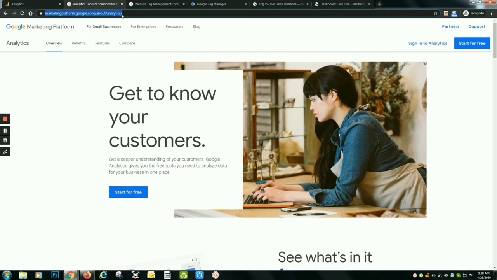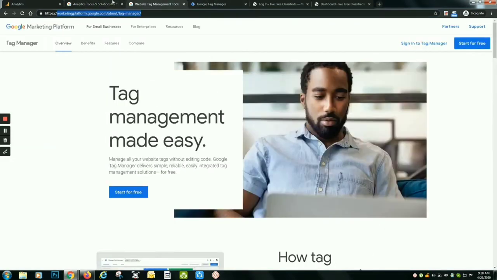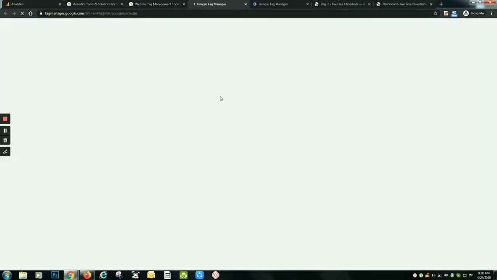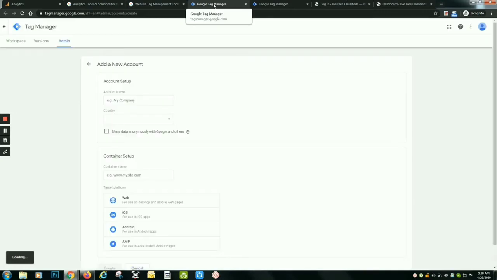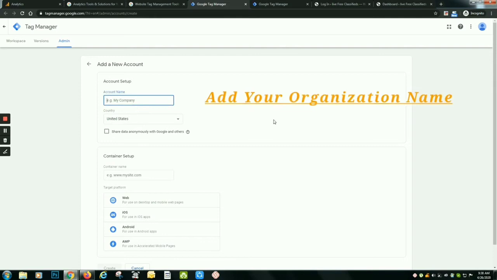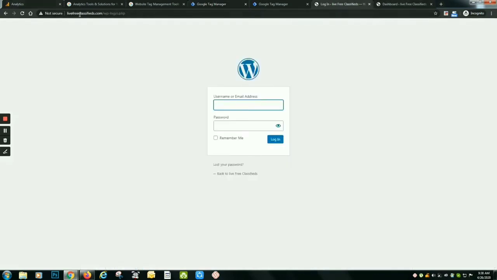You can also use the URL www.google.com/analytics. To start with Google Analytics and Google Tag Manager, you have to register yourself on both websites using your existing Gmail account. If you don't have a Gmail account, you have to create a new one, and then you can register, otherwise you won't be able to register. How can you register? Just go to the URL and sign up with the Gmail account. Using sign up, you can add the details.